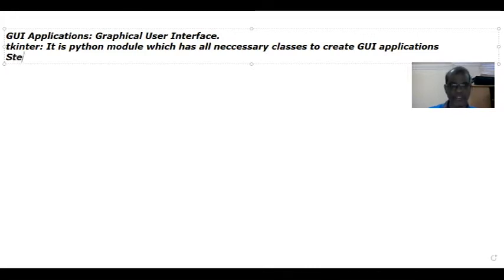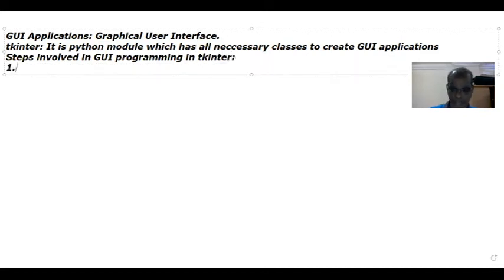So what are the steps involved to create a GUI program in tkinter? Steps involved in GUI programming. Step one is first we must import tkinter. We must import tkinter because tkinter has necessary classes as well as methods to create a GUI application.